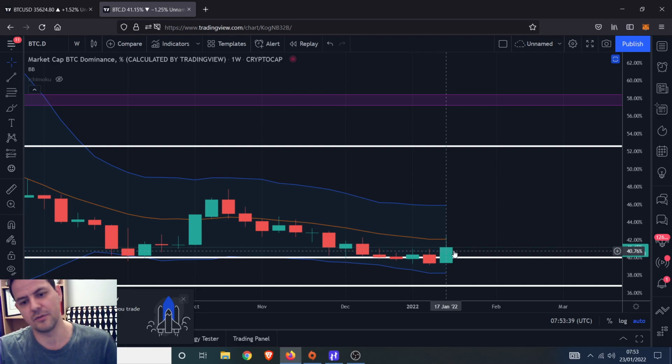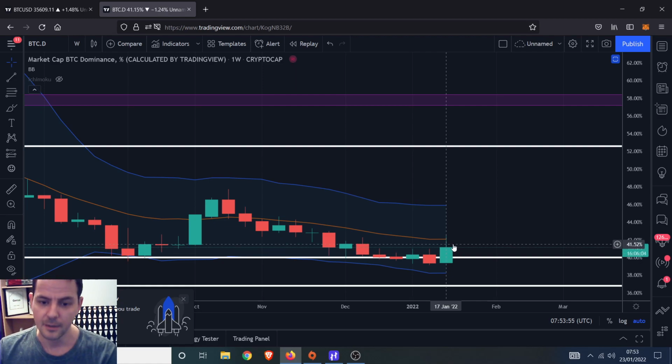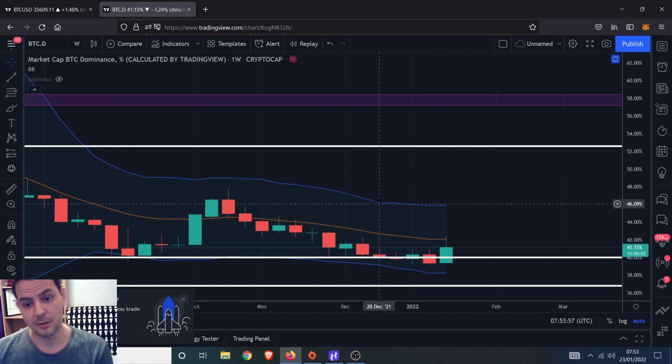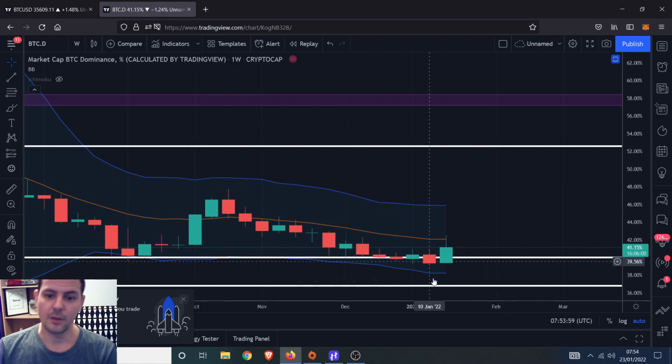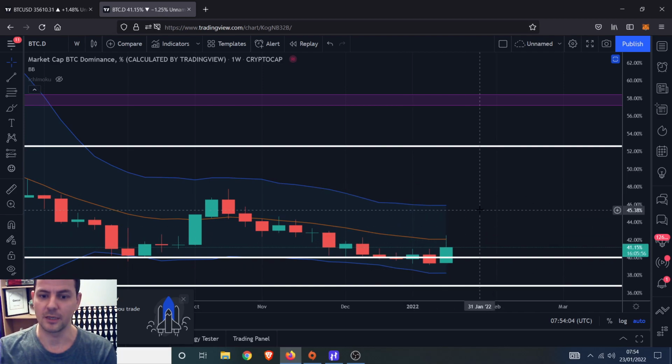If you're looking to do derivatives, you don't need to do this because you just add some leverage, don't you? But leverage is deadly for most people, so I wouldn't say that's a great idea if you don't know what you're doing, or if your risk management is obsolete. And for a lot of people it is. They just can't do it. So we're looking to trade Bitcoin almost as a proxy with the use of altcoins, which again can be overcomplicated and not for everybody.